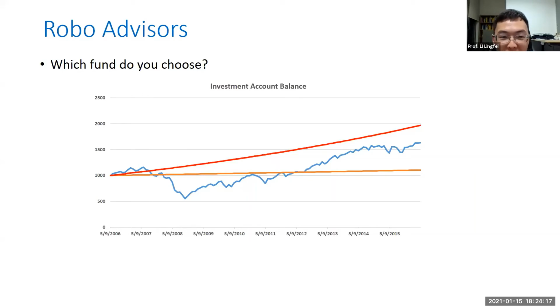I mean, if you have not invested in financial markets before, it's not surprising that you would pick the red one, okay? But unfortunately, if you pick the red one, you are going to lose all of your money or most of it. Why is this the case? Because the red one is really a scam. Okay, it's really a Ponzi scheme. So what is a Ponzi scheme?